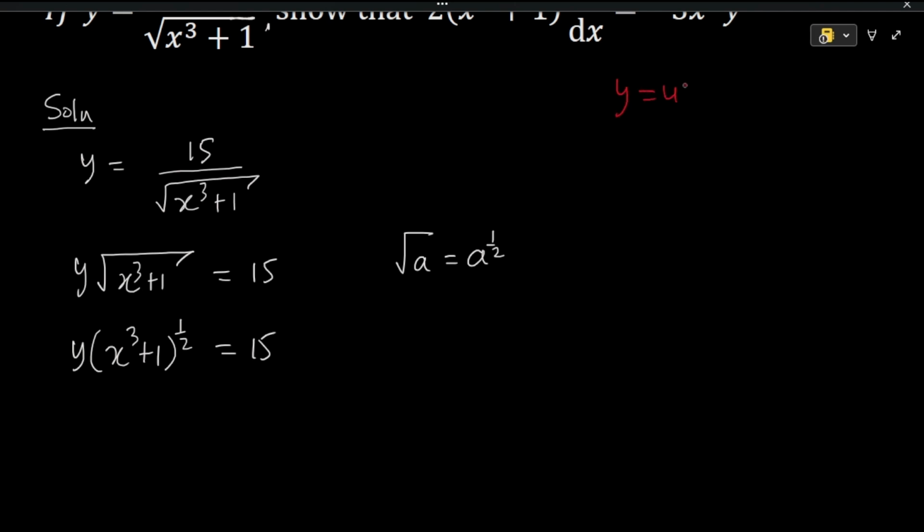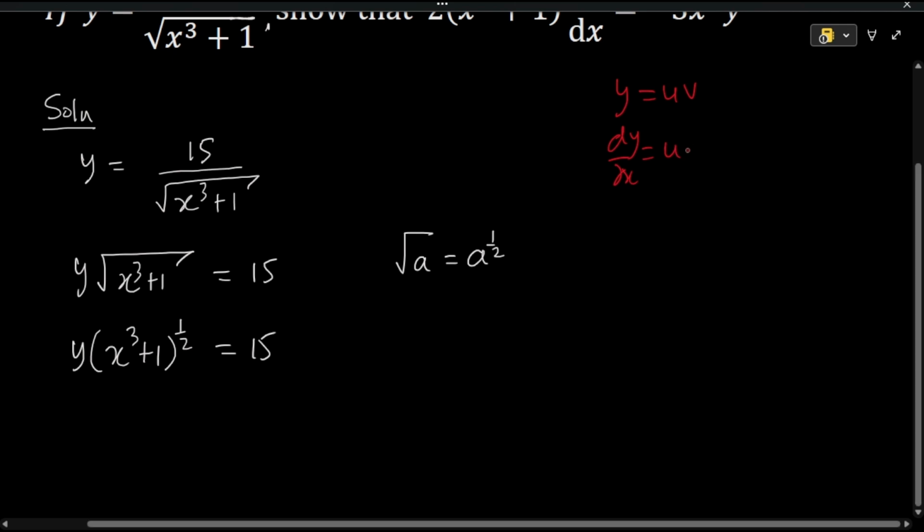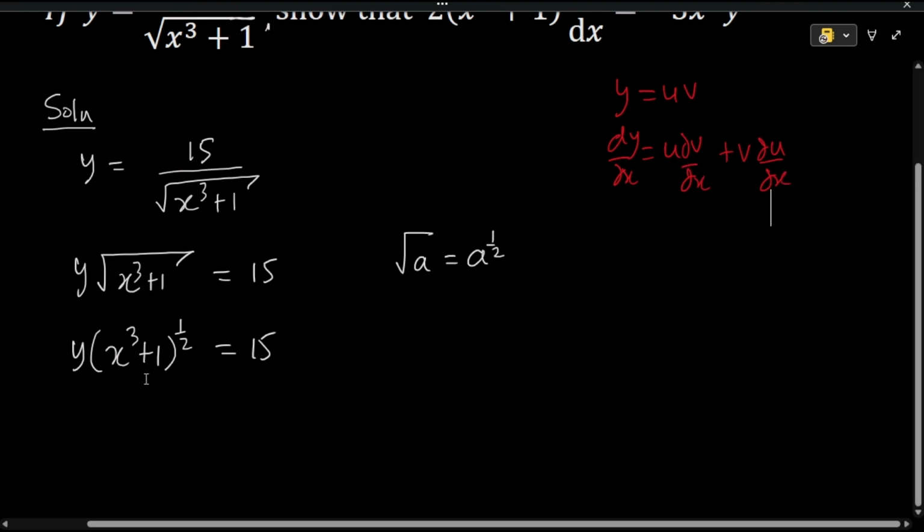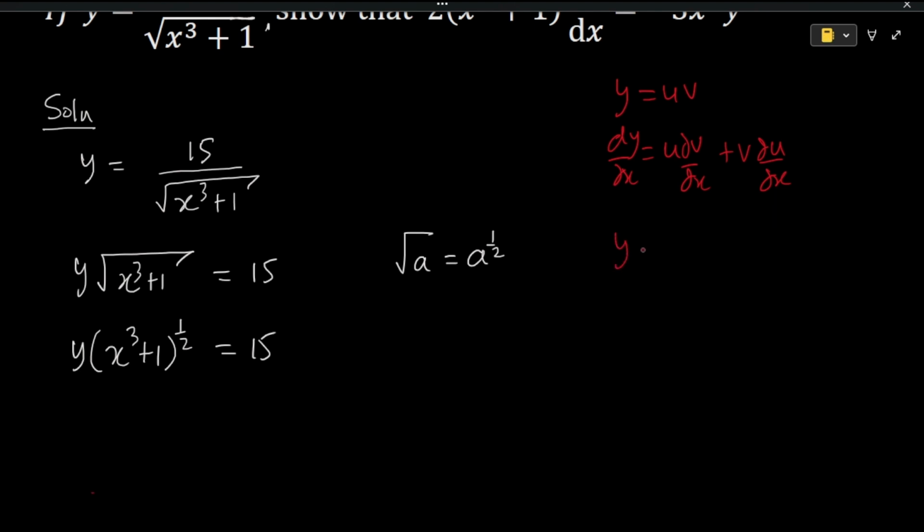given y is equal to uv, where u and v are the factors of the product, dy/dx is given by the formula. And so if we consider the left side of the expression as a product, then we maintain the first factor, differentiate the second factor, then we maintain this second factor, then we differentiate the first factor, which is the y. But what is the derivative of y? And what is the derivative of